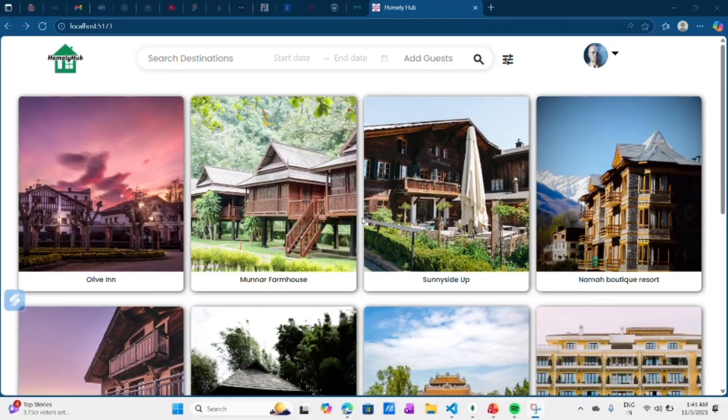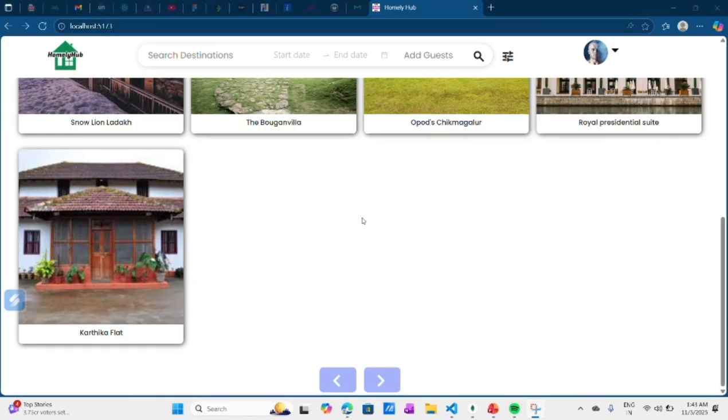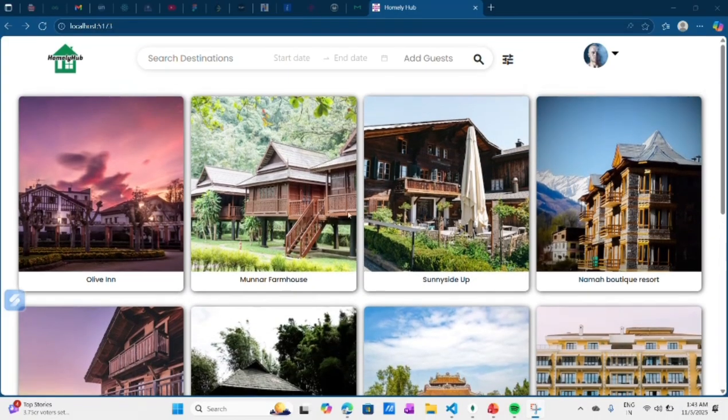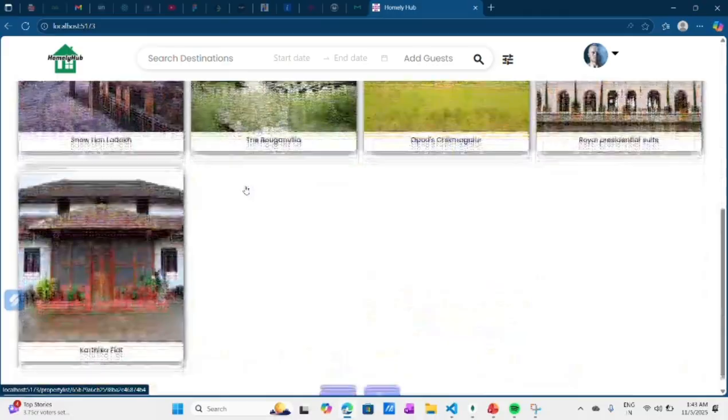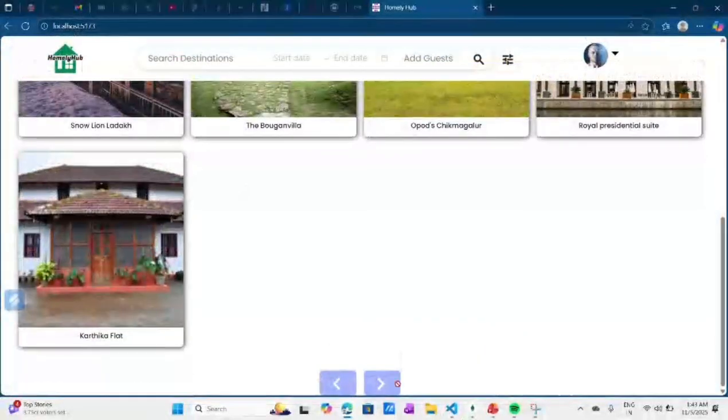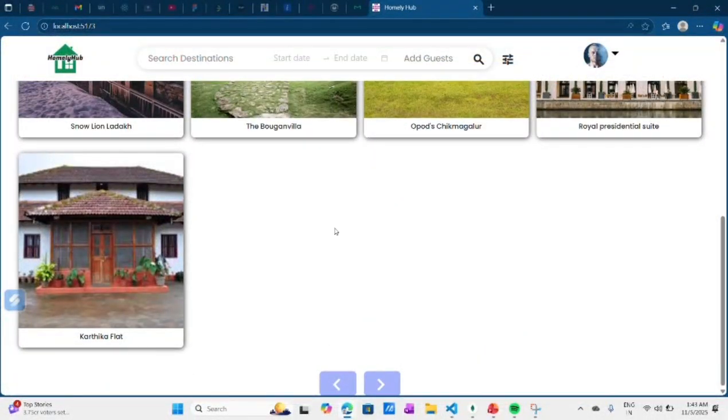MongoDB was used to store and retrieve data effectively, while Mongoose handled schema modeling. The entire system was tested for responsiveness, performance, and data consistency. Finally, the project was hosted on a local environment and can be deployed to platforms such as Render or Vercel for production use.